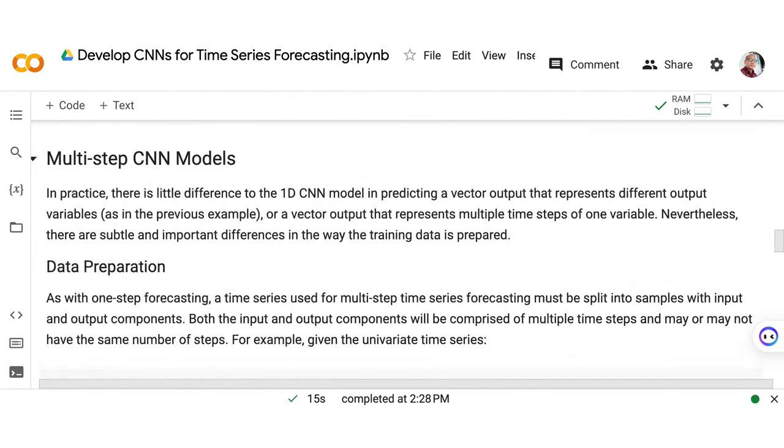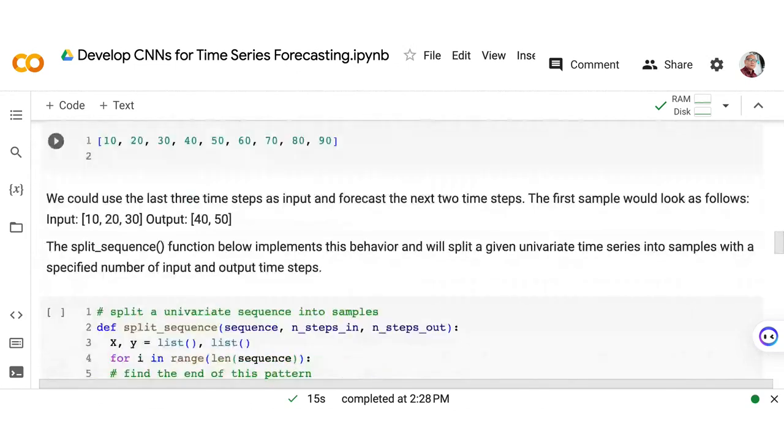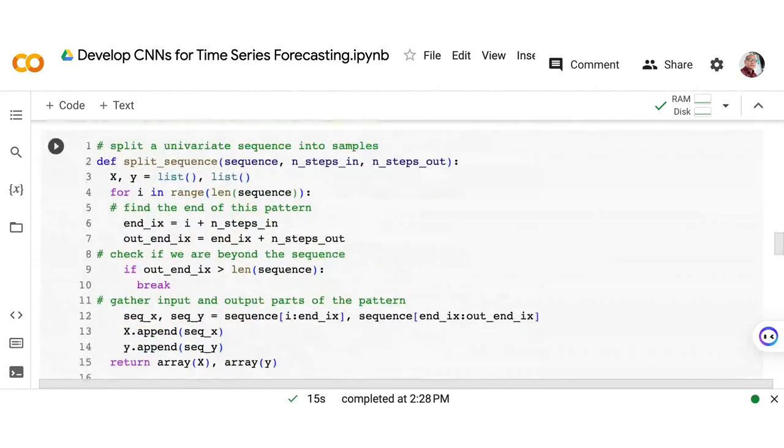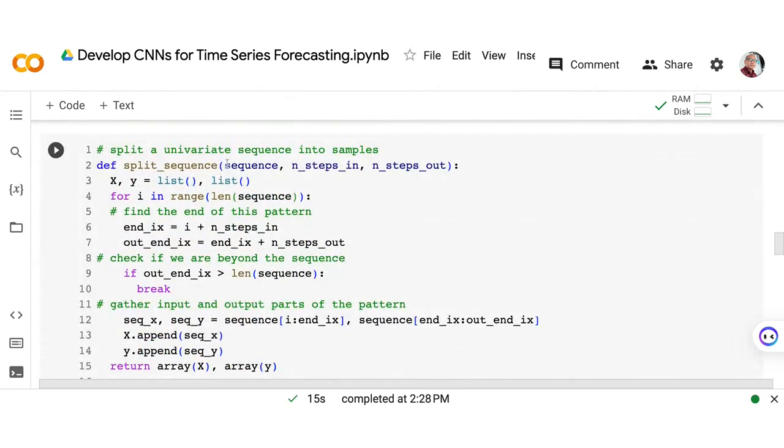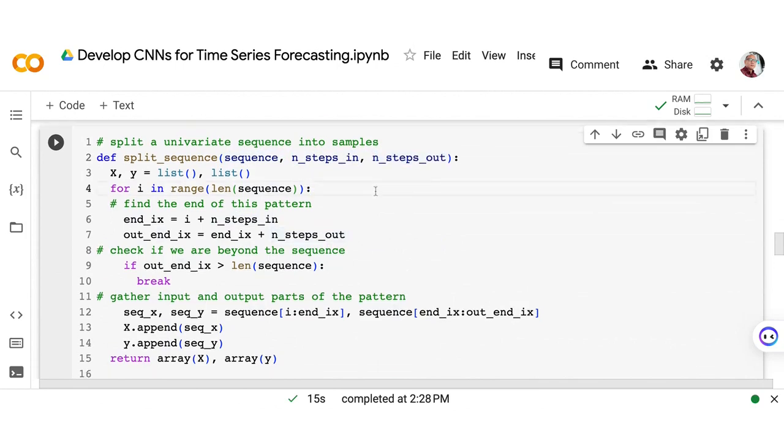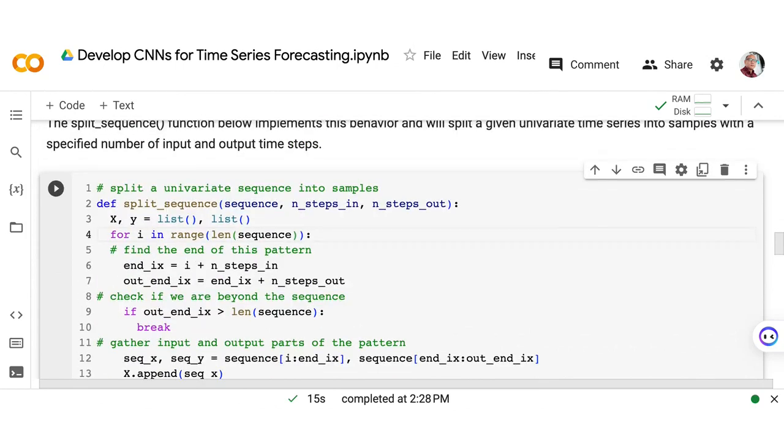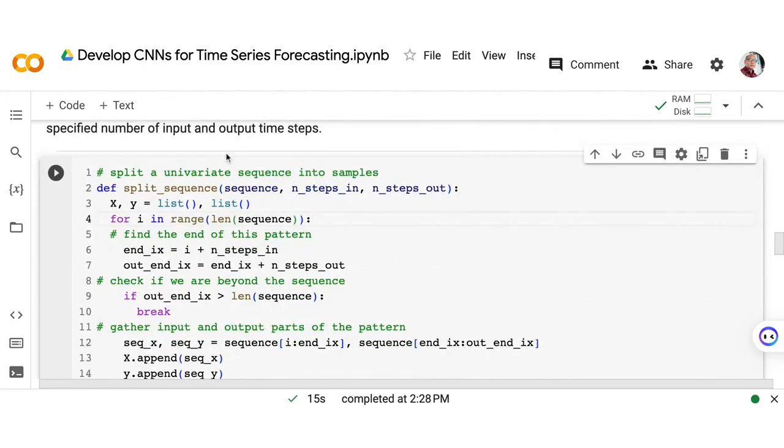Now for the multi-step CNN model, we basically understood this last time. And you notice now we have three arguments. We need the number of steps in and the number of steps out for this particular pre-processing technique that we're going to use for the univariate sequence.